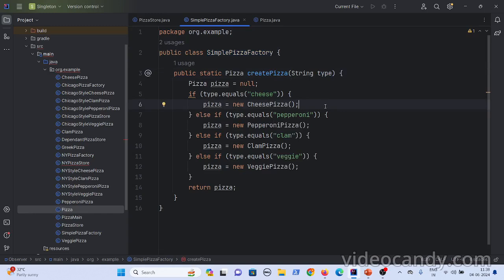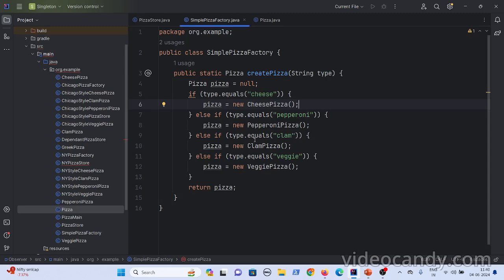Then later on, they want to expand their business to other regions as well, like Chicago. Then what happens is, in Chicago, the kinds of pizzas they request could be different. Though those are the same kinds of pizzas, maybe the toppings they add or the spice they consume could be different. In a few areas they consume more spices, and in a few areas they consume less spices.